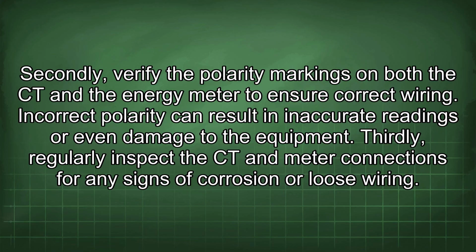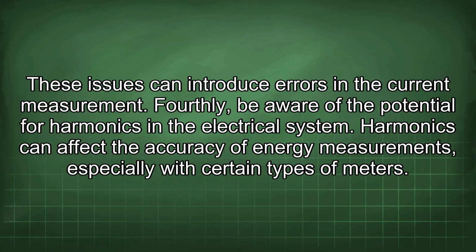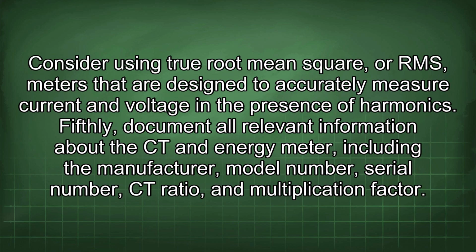Thirdly, regularly inspect the CT and meter connections for any signs of corrosion or loose wiring. These issues can introduce errors in the current measurement. Fourthly, be aware of the potential for harmonics in the electrical system. Harmonics can affect the accuracy of energy measurements, especially with certain types of meters. Consider using true root mean square, or RMS, meters that are designed to accurately measure current and voltage in the